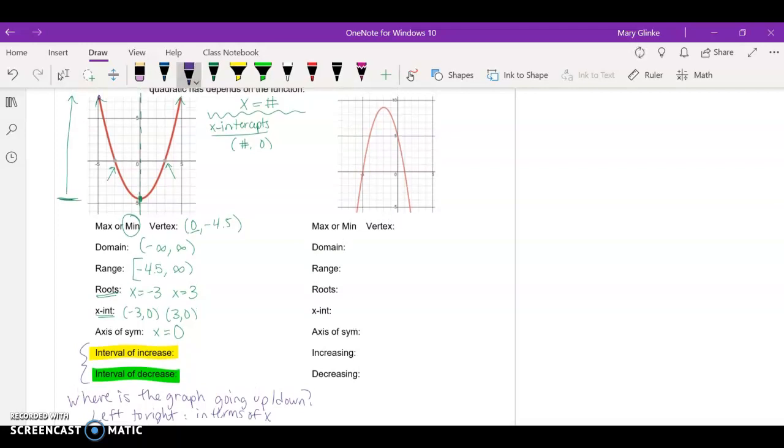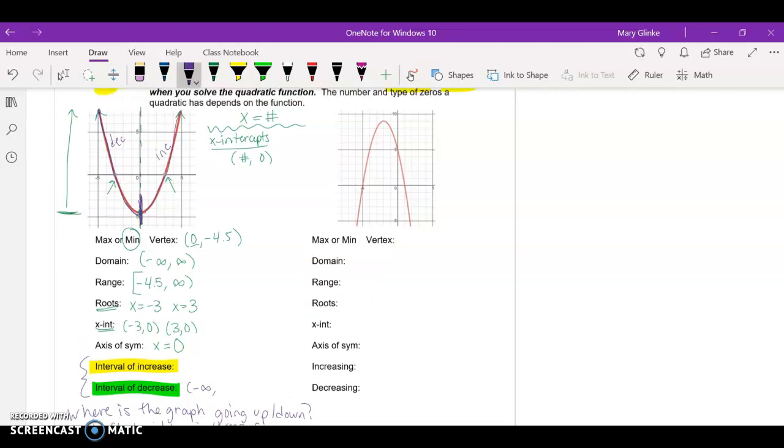So let's take a look at this first one. If I start all the way at the left of my graph and I trace my vertex, this is decreasing here. So it's decreasing on this half of the graph. At my vertex, I turn and now I'm increasing from there. So from left to right, all the way left on our graph is negative infinity. I'm starting with decreasing, so I'm going to put it down there instead. So I'm starting all the way on the left, decreasing, and then I stop here at my vertex, but I'm